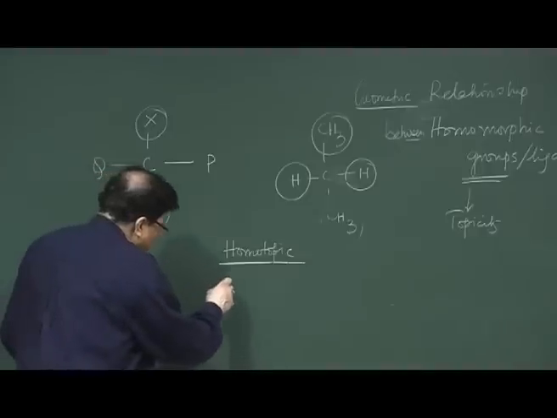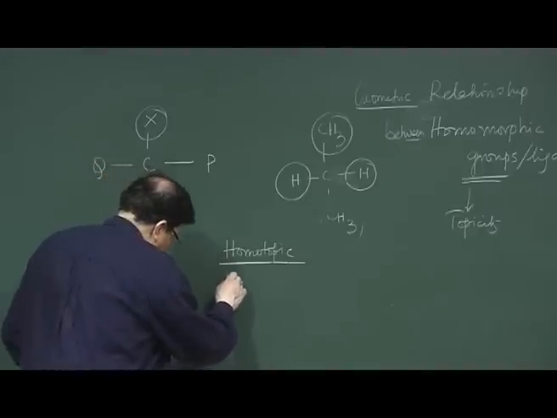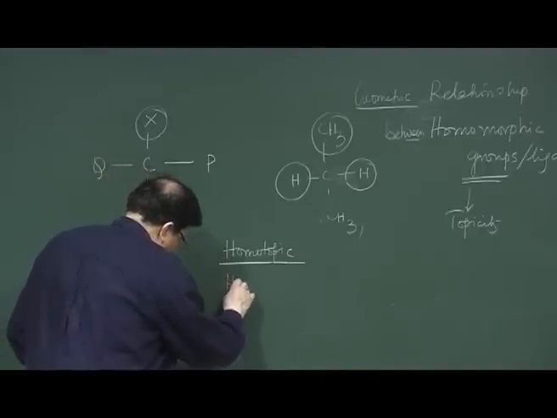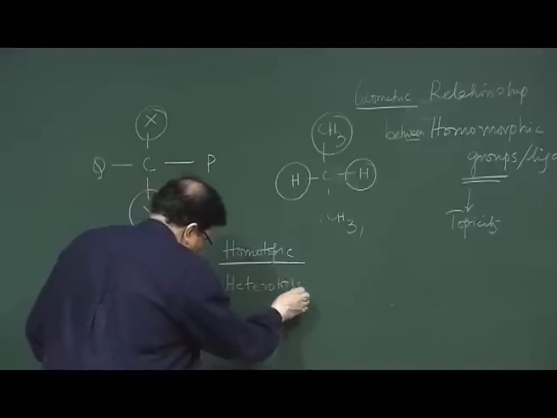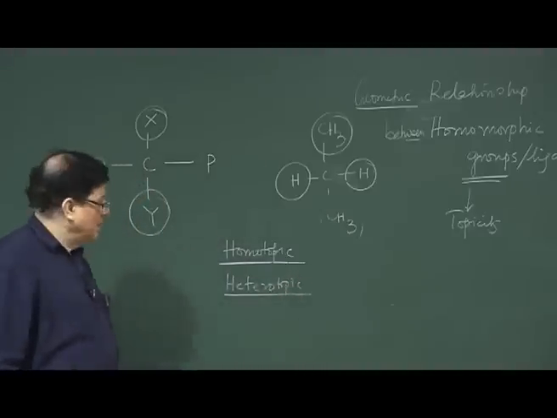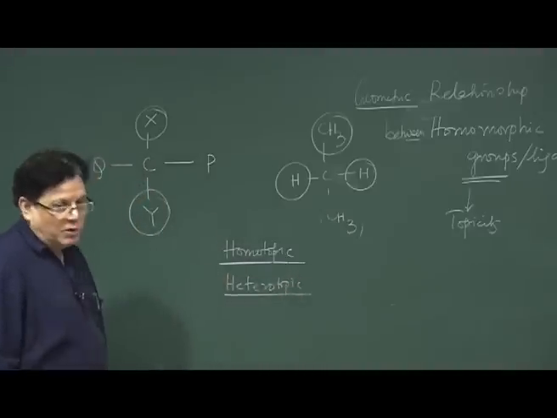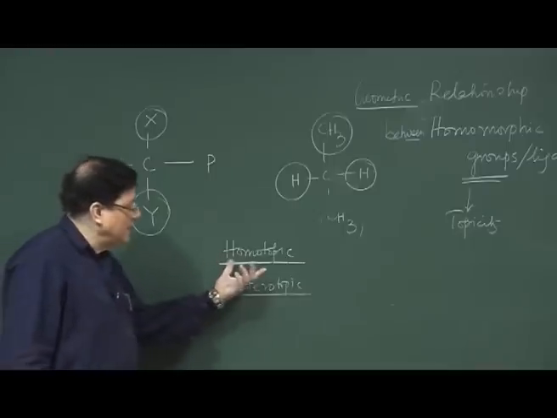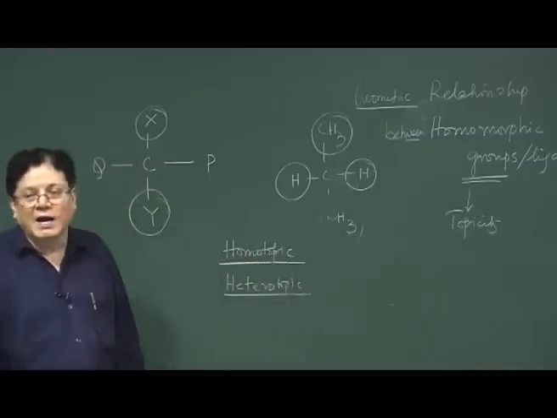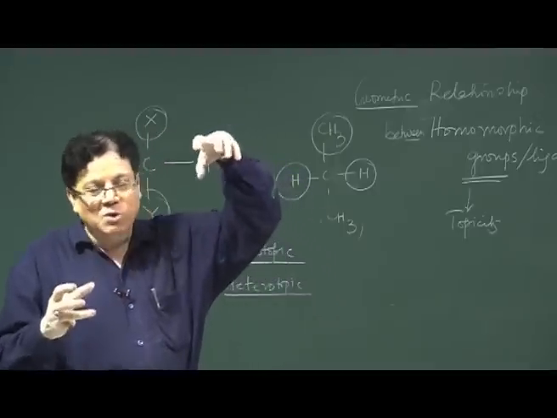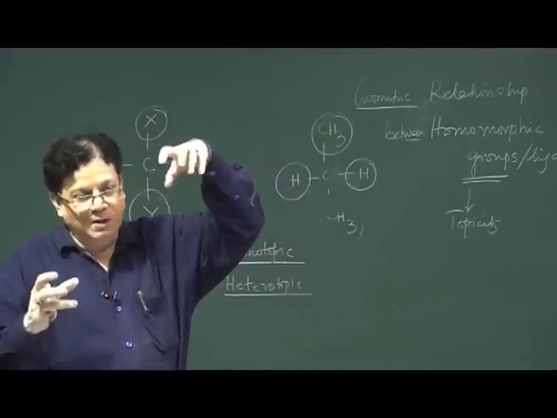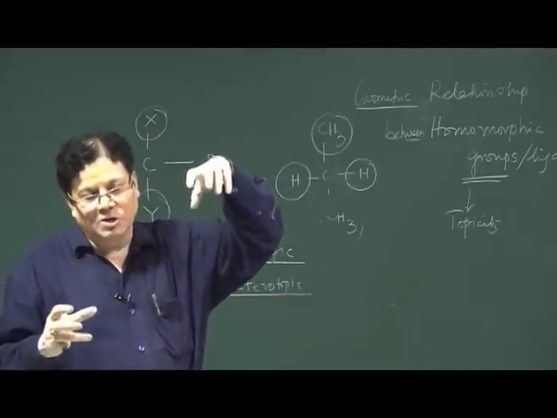There are sets of ligands which are heterotopic. Okay. Homotopic or heterotopic. Now, the name suggests that homotopic means like homomorphic, I have said earlier, same. So, homotopic means there is no difference between the groups or the ligands or the atoms that we